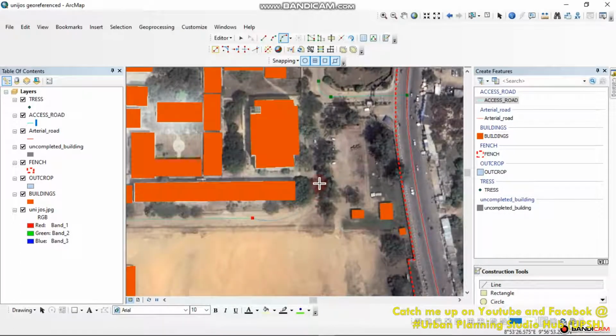Actually the trees are okay. Let me Ctrl Z. Let me bring the straight line to this extent here first. Now this tree is actually blocking. There's an access road here. It goes straight and then it curves here because the gate is entrance and exit. Okay, so we click here twice because we're under arc segment to form the straight line, we click